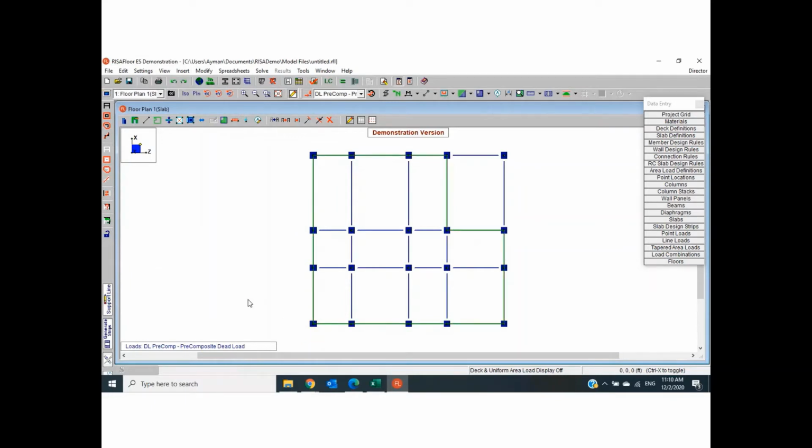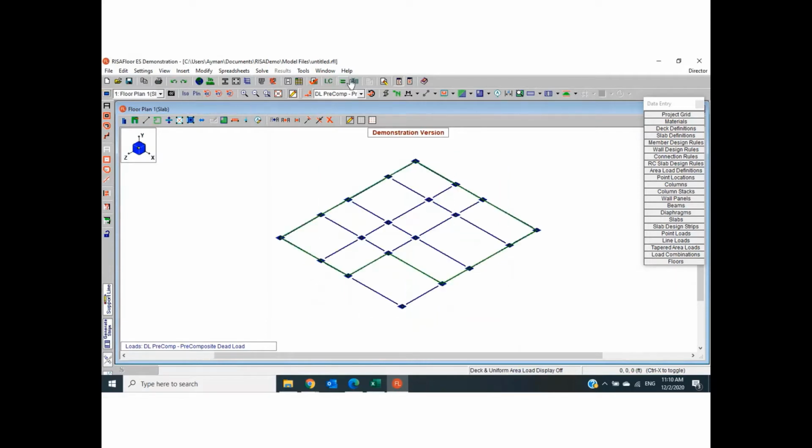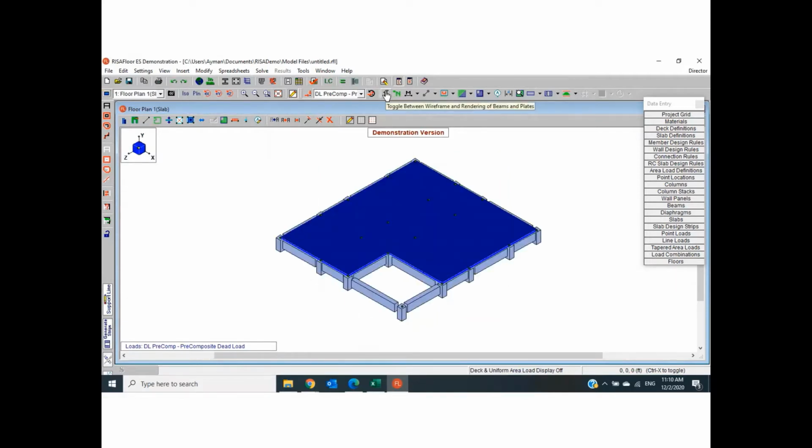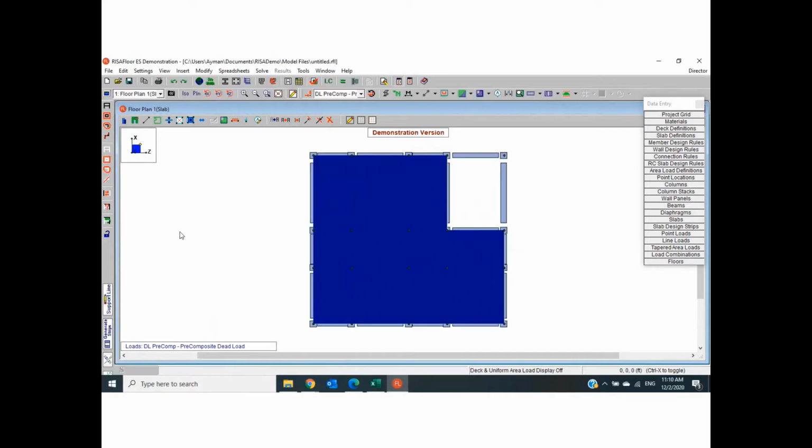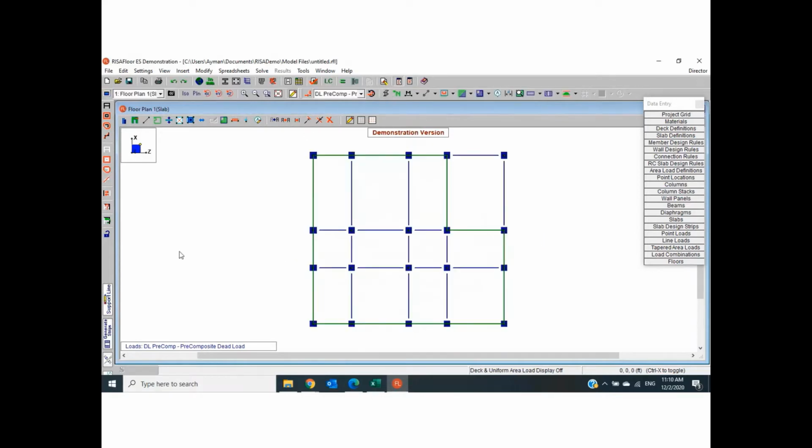If you would like to watch what you did, you can see isometric, and you can make this shadow or rendering of beams and slabs. Okay. Anyway,